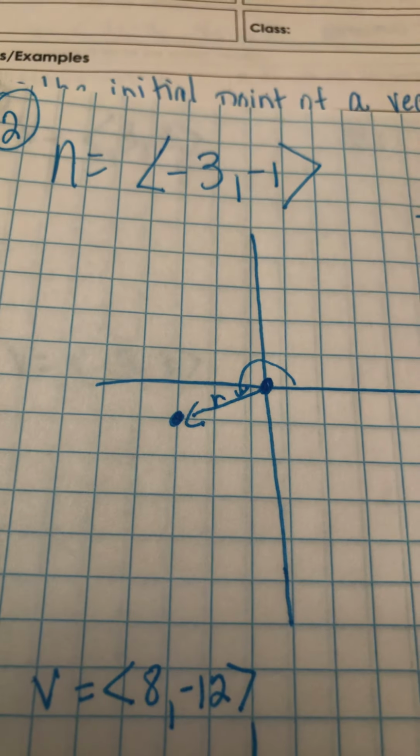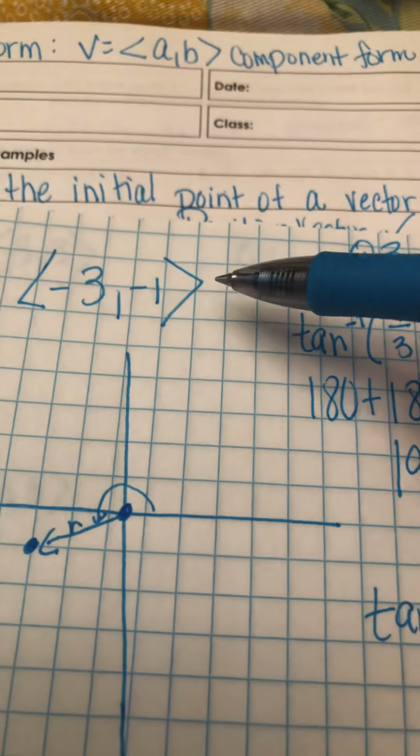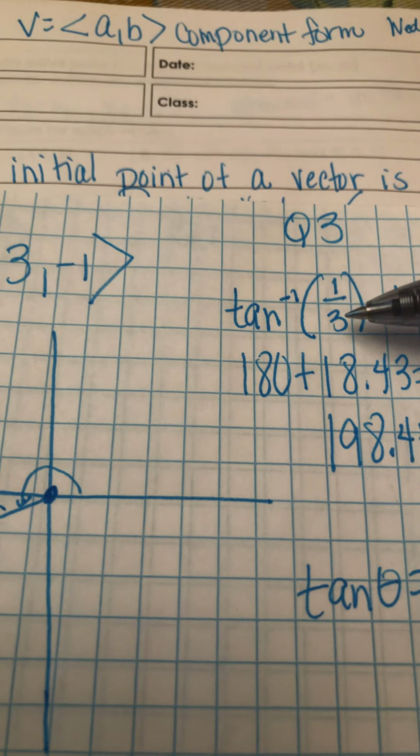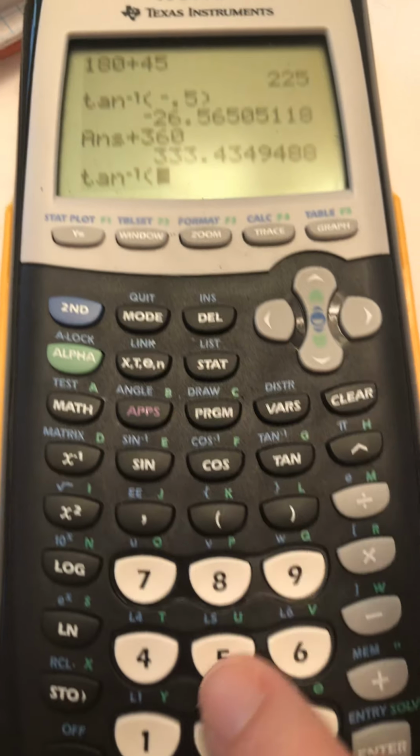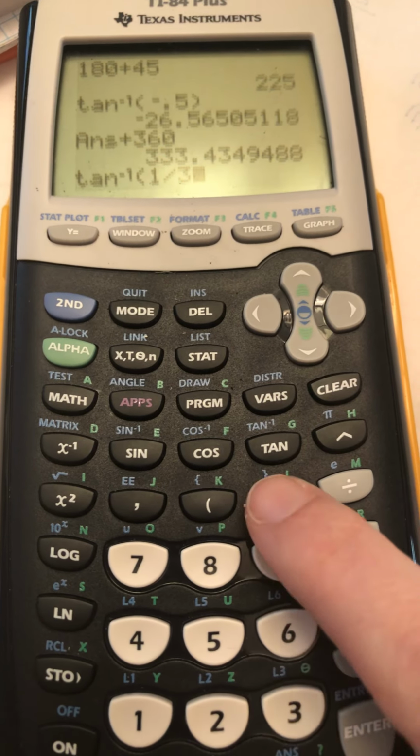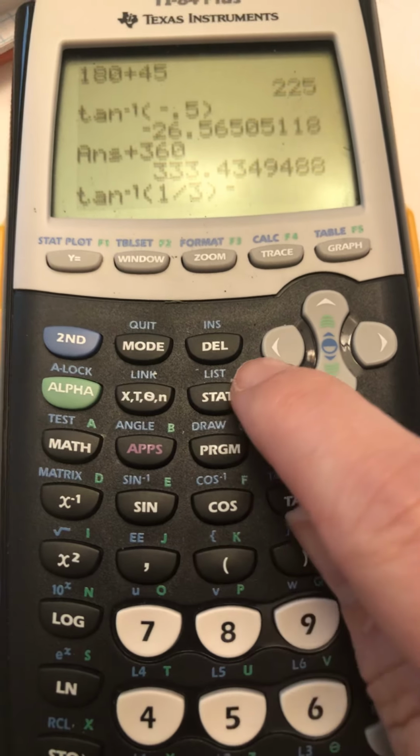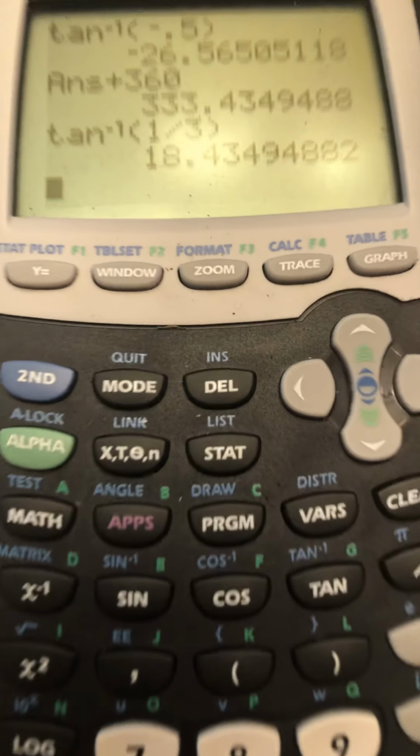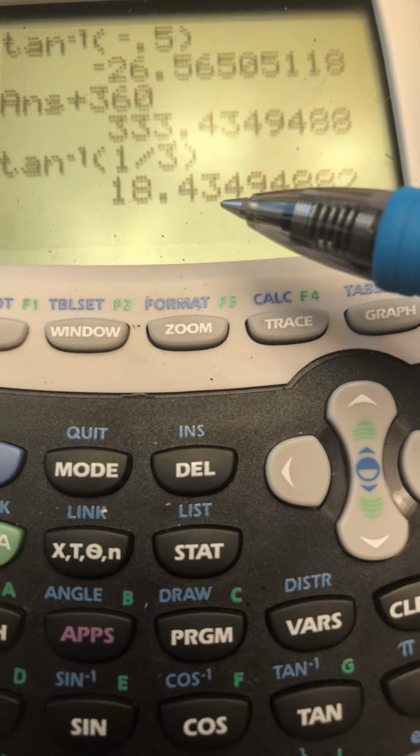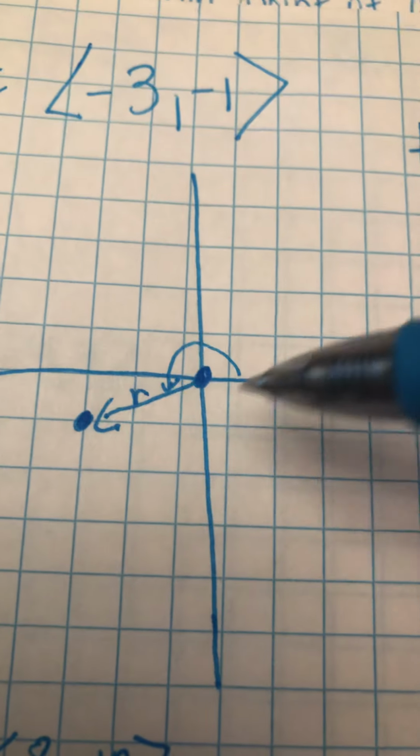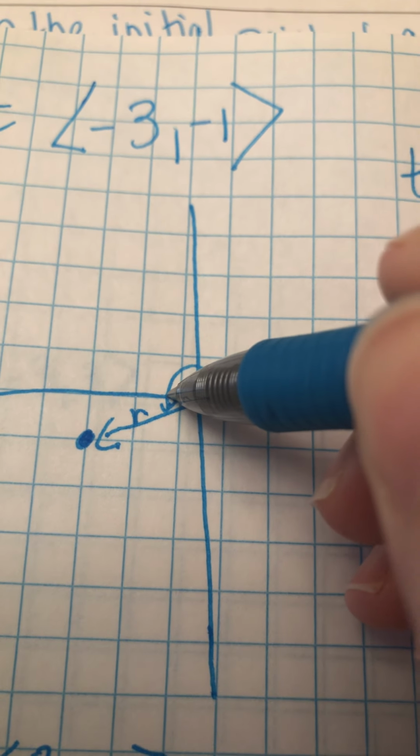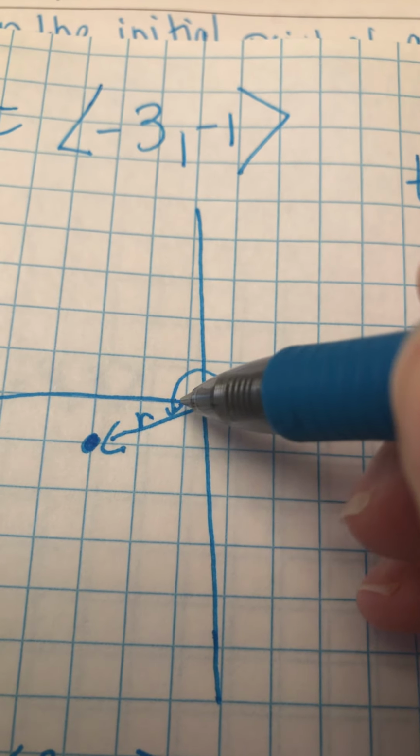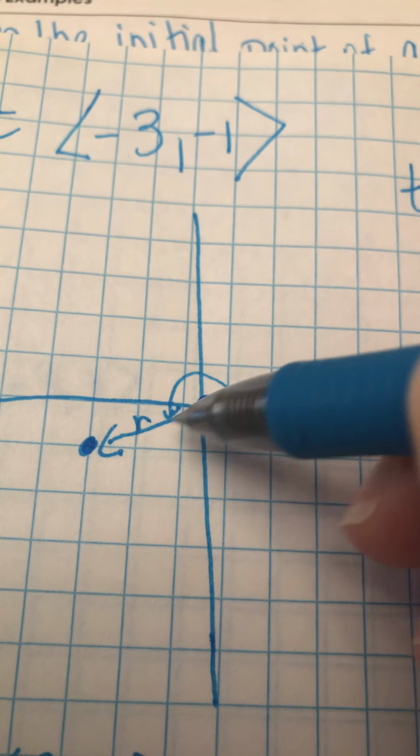All right, now if we do tangent of theta equals b over a, we'll have -1 over -3, which is 1/3. But look at my calculator here when I do second tan of 1/3. Okay, I get 18.43 degrees. Okay, looking at this angle here, it is not 18.43 degrees. What it's doing is it's giving you this little angle right here, between the negative x-axis and the vector